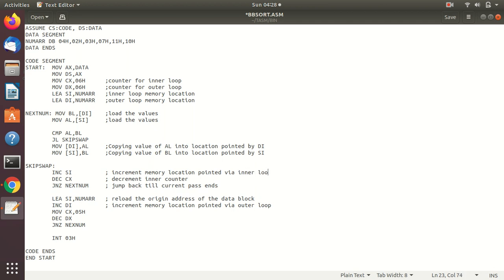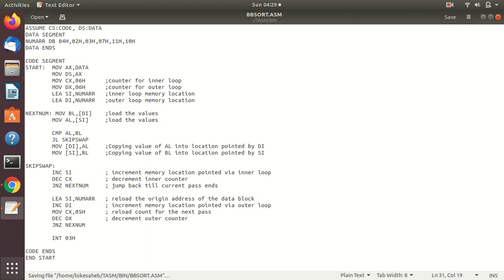So this should be: reload count for the next pass. Increment DX and outer counter, and it should be done.